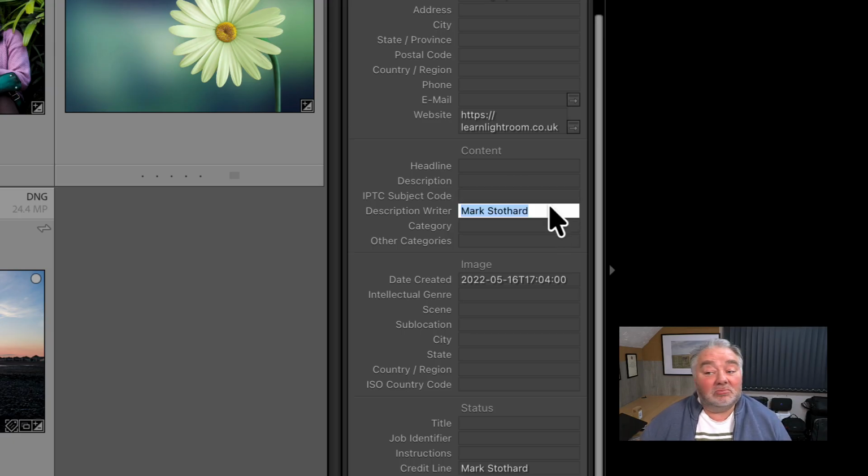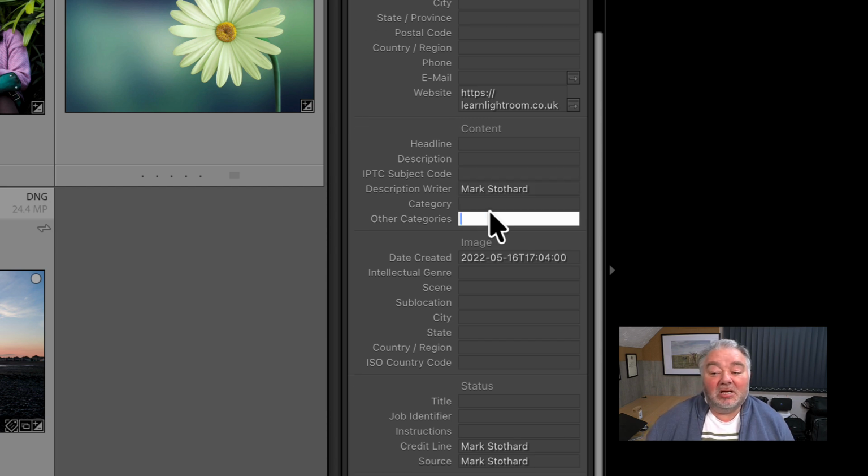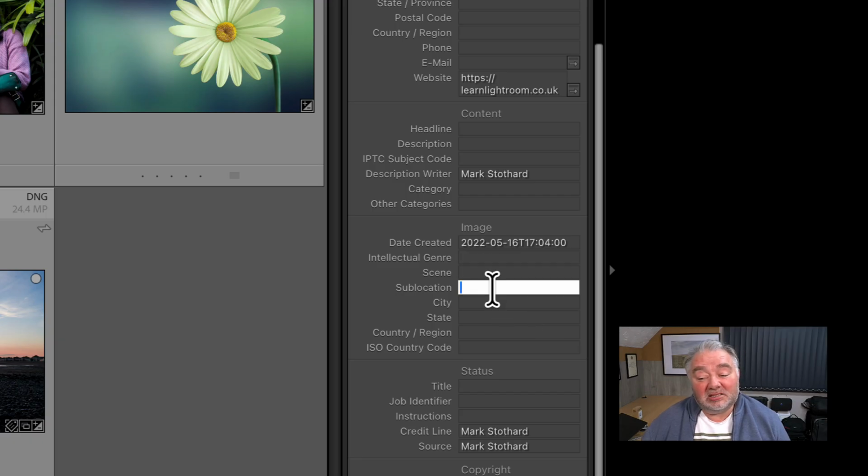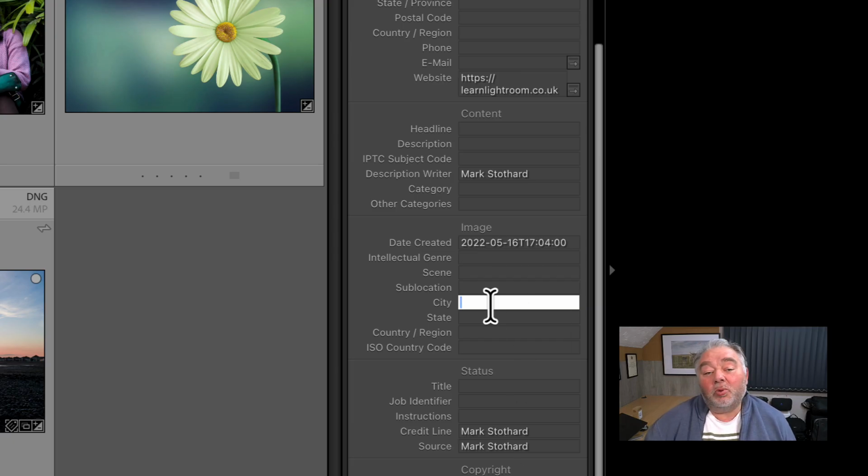Description writer, so who's written all this? Categories, if you're a sports photographer, you can have any categories you want there. You can have a duplicate category. Date, intellectual genre, scene, location, city, state. We go on. This is all standard information, and a lot of this will be picked up from your camera,